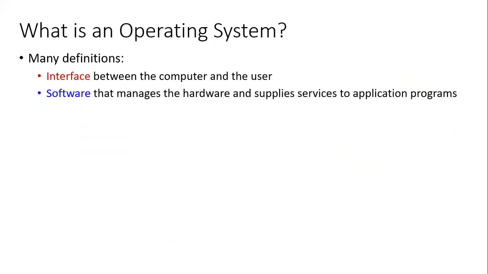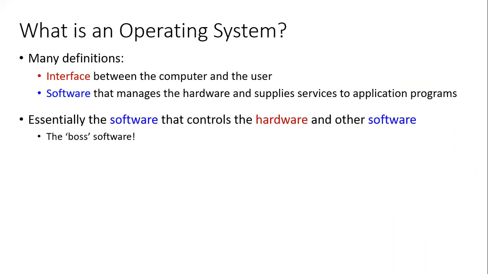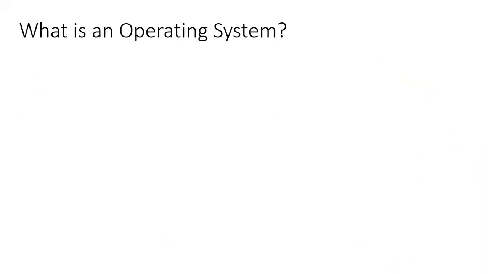What's an operating system again? There are many definitions available. It's an interface between computer and the user. Software that manages the hardware, supplies services to many things. So essentially the software that controls the hardware and other software. So it's the major or the most